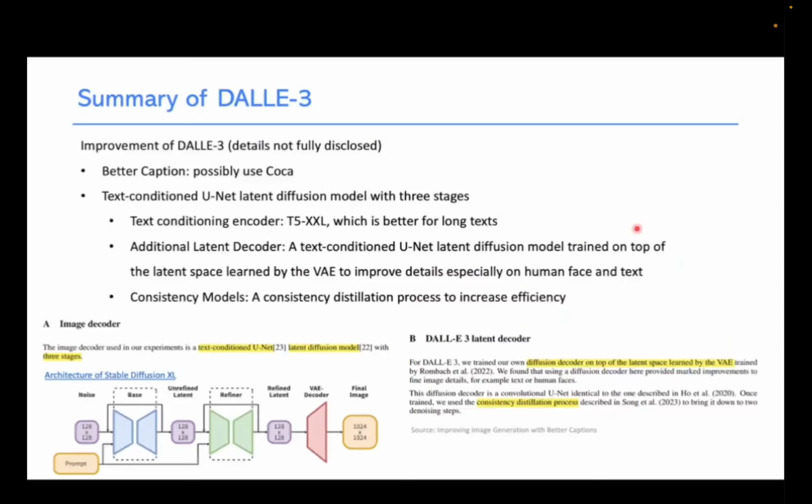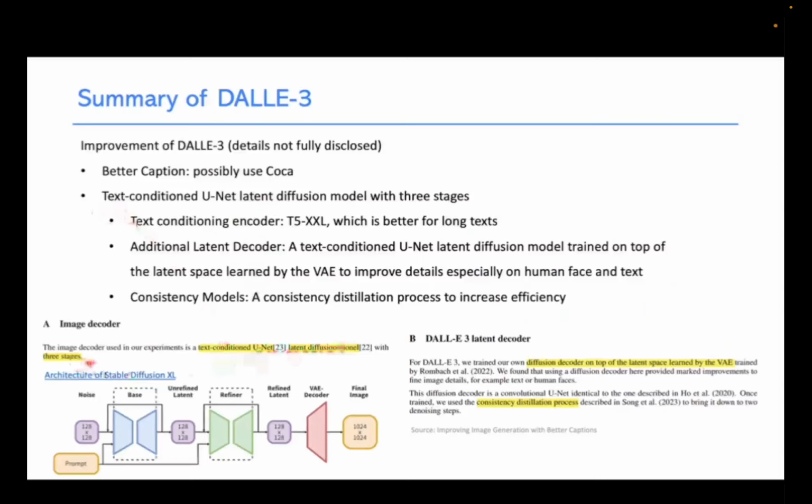And the summary of DALL-E 3. The details of the improvements in DALL-E 3 are also not fully disclosed. What we can know from the disclosed information is, first, it has better captions, which is possibly achieved using CoCa. And the architecture is likely to be a text-conditioned UNet latent diffusion model with 3 stages.